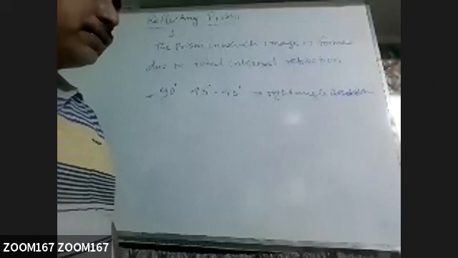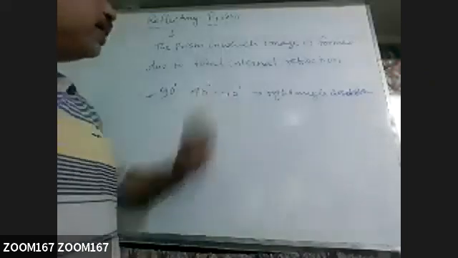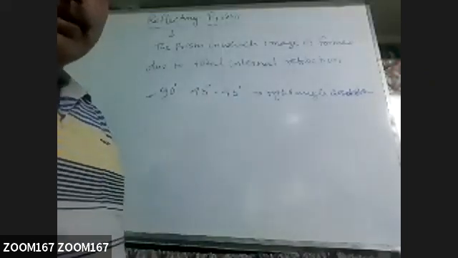In some other special case, like yesterday we have seen, when it is a regular prism, then also for a particular situation, total internal reflection takes place. When the ray is incident normally, at that time we have seen total internal reflection was taking place. So in that case, the image is formed due to total internal reflection.